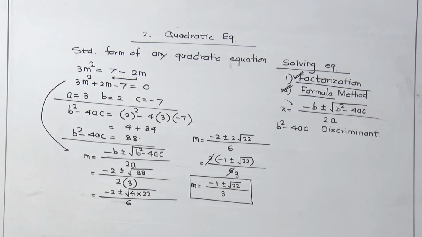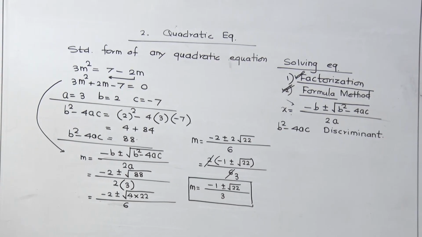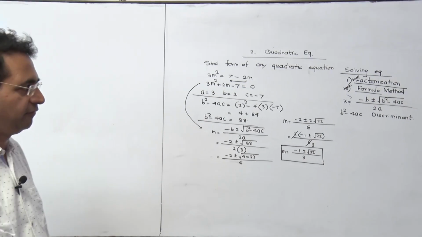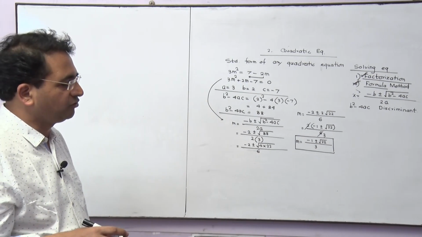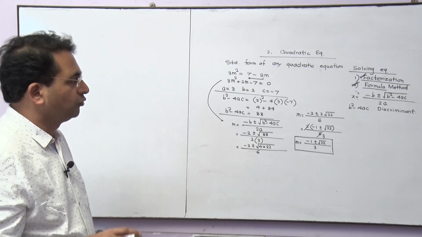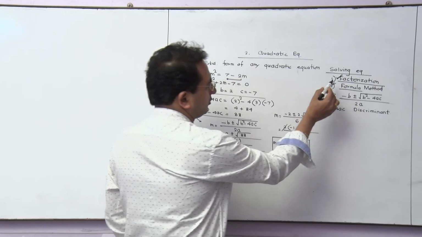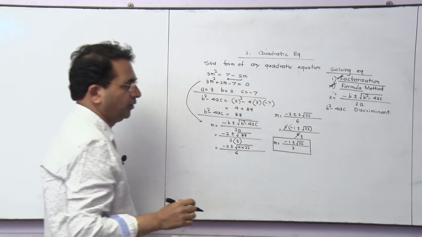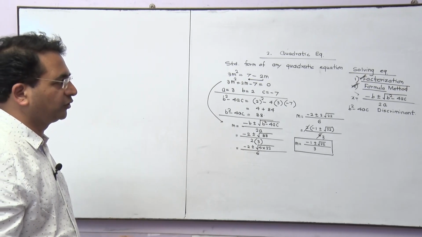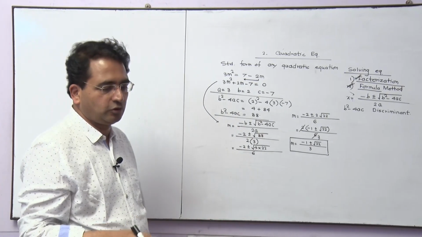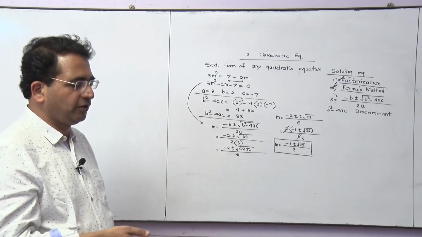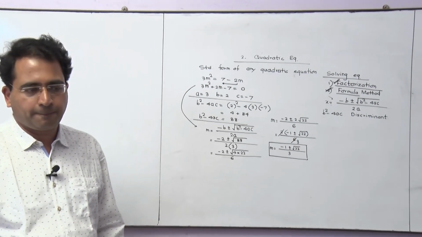Actually, in the textbook, they have given 3 methods. One is factorization, then completing the square method, and formula method. Completing the square method is now deleted from the syllabus. So you have to focus mainly on 2 methods, factorization and formula method. Surely the questions based on these are asked. One is for 3 marks, the factorization question is for 2 marks. Rest of the questions from this particular topic we will discuss in the next session. Okay?